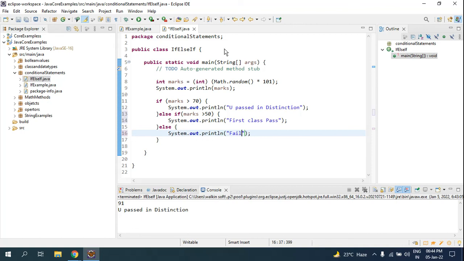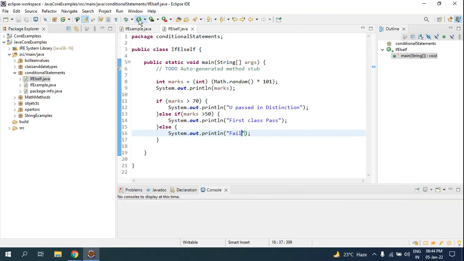For now, just assume that if you get 50, it's not a fail, but I have to show you the value you will be getting. So if I run my application, 91, which is of the highest level, I passed in distinction. Now I got 7, which is a fail for now. Whatever is below 50 is a fail. Now I got 98, distinction. Now 43, failed. 35, again failed. I'll refresh it until I get first class pass, which is more than 50 and less than 70. 11 is a fail, 48 is a fail, 46 again fail, 76 pass distinction, 17 fail.